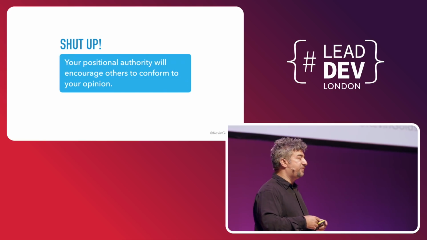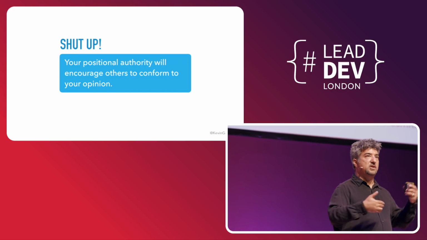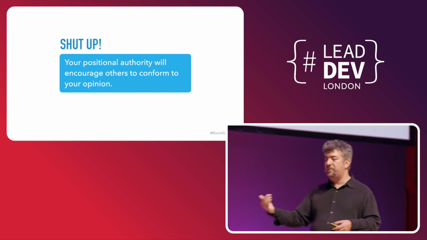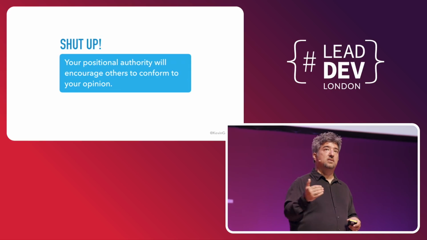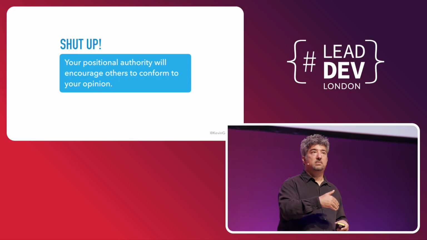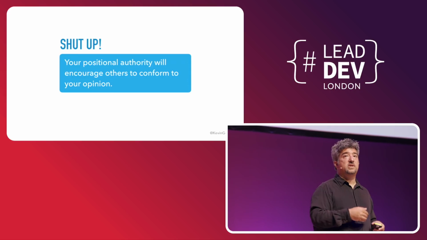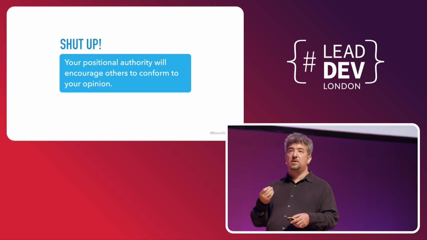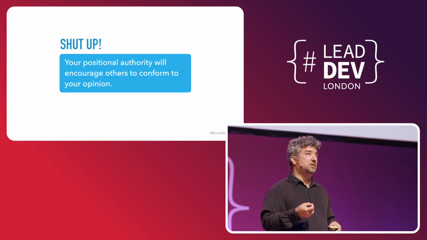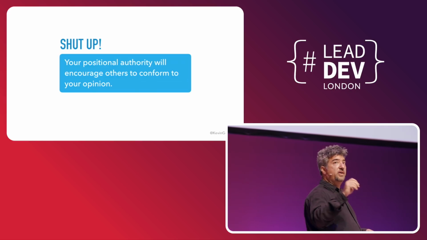A mistake people often make is they're used to being a member of the team and they jump right in. And they don't realize that people will, even subconsciously, tend to agree with you. And it's not because you're smarter, I'm certainly not. It's because of your positional authority. So you have to be very judicious in your time and when you choose to enter a discussion. Find this right space. Give other people the chance.